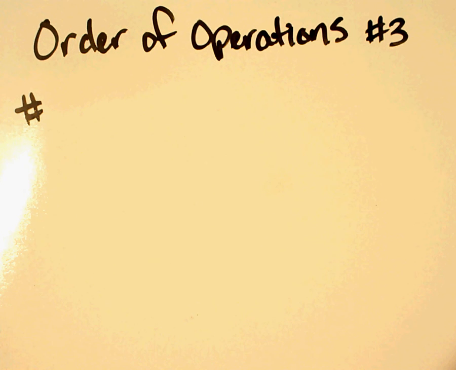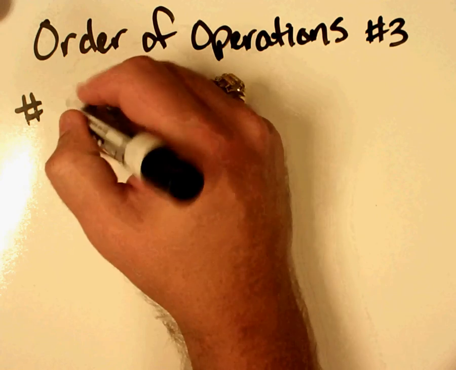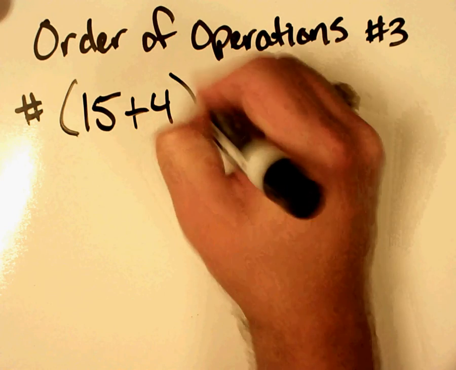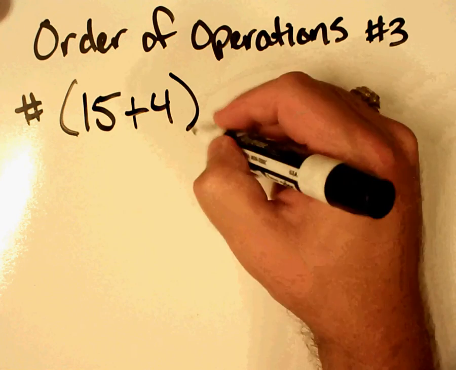This is order of operations practice video number 3. So make sure, if you are following along with an assignment that I've given you, that you are on the correct video. Order of operations practice number 3. If you're not following along on an assignment, you're just practicing on your own, then we're going to go ahead and get to it. So our first problem is going to be parentheses 15 plus 4 close parentheses plus 20